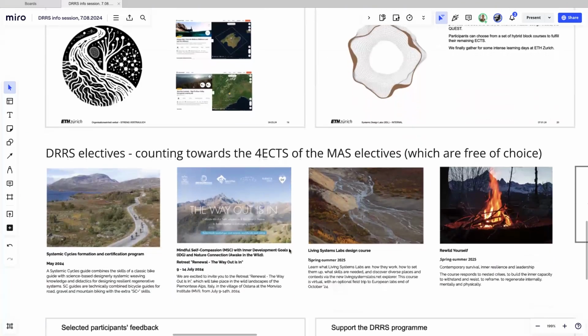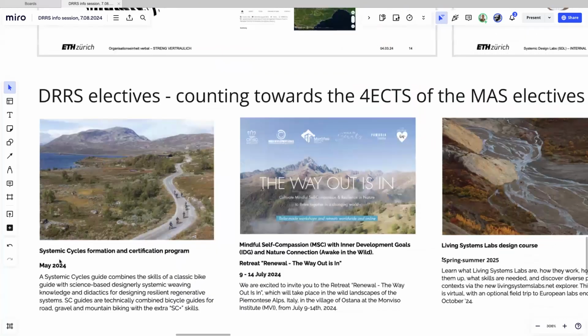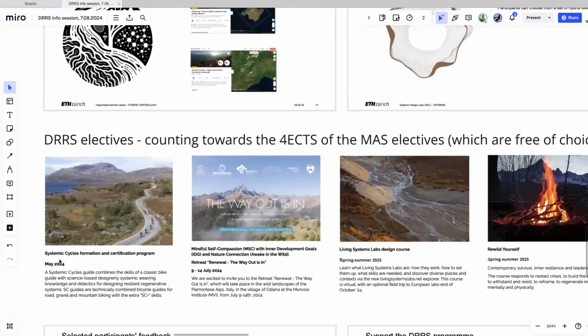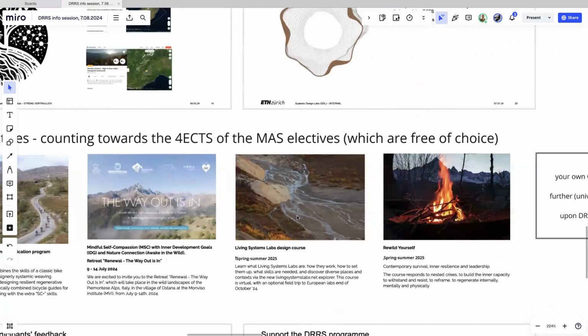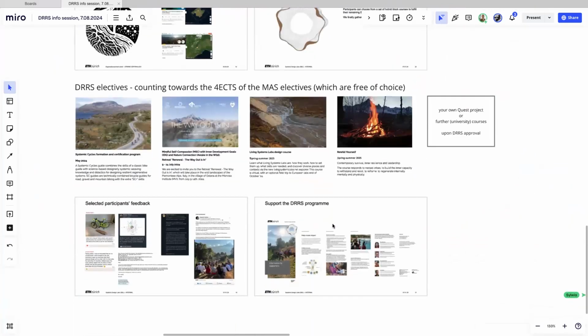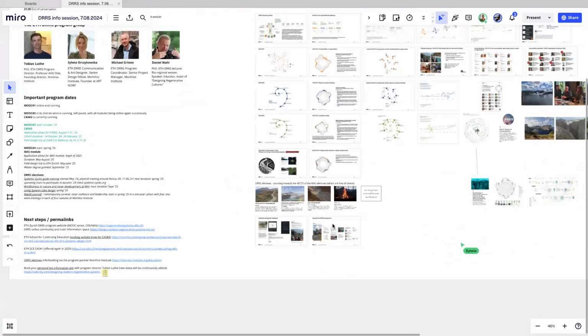So some details here. We have these different electives, mentioned earlier in our tree structure. We started the systemic cycles training program in May, and we are expanding on this course run, and these courses will commence in 25. Yeah, that's maybe it.